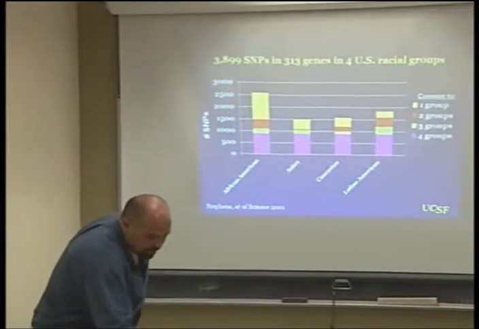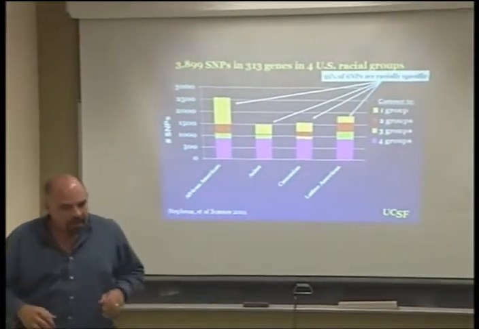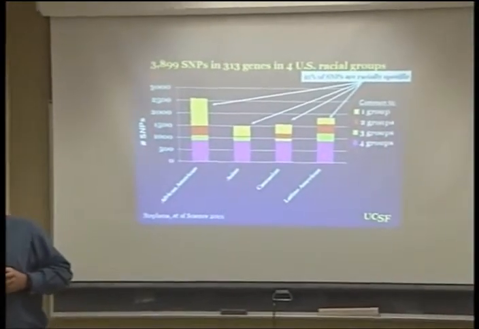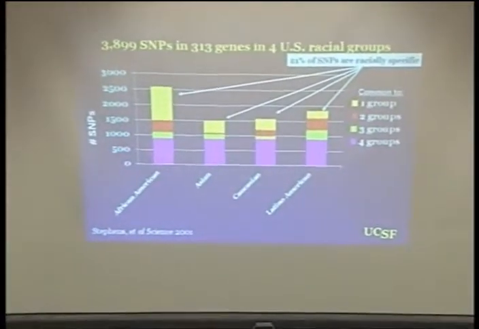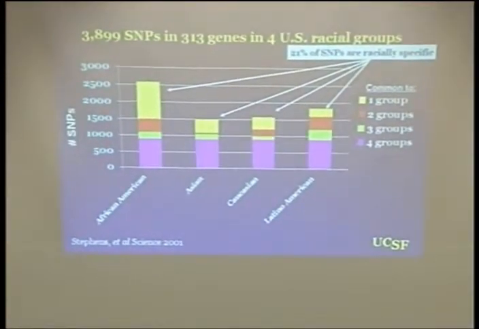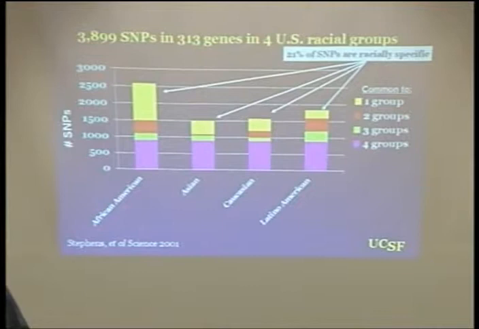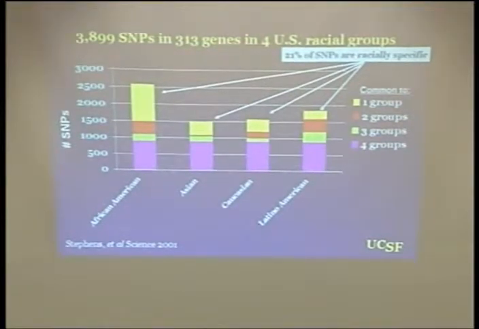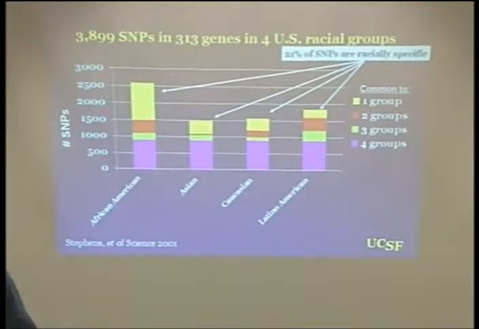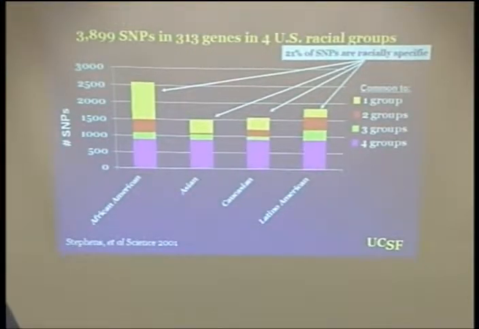But what they also found, shown in yellow, is that about 21% of the variation out there, all the misspellings, were private. Meaning that had we done the same old and studied one population, we would have missed a lot of the genetic variation that was or is relevant in other populations. So doing the same old would have precluded us from identifying a lot of variants in other populations.